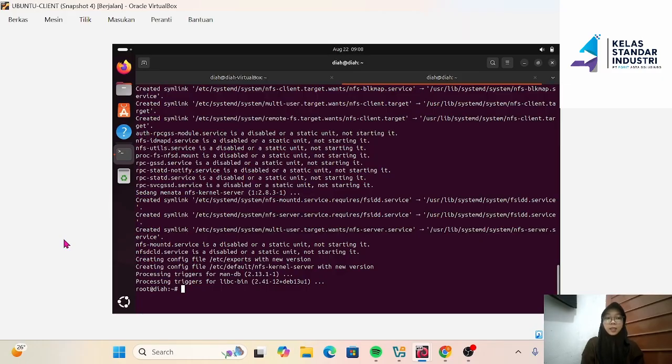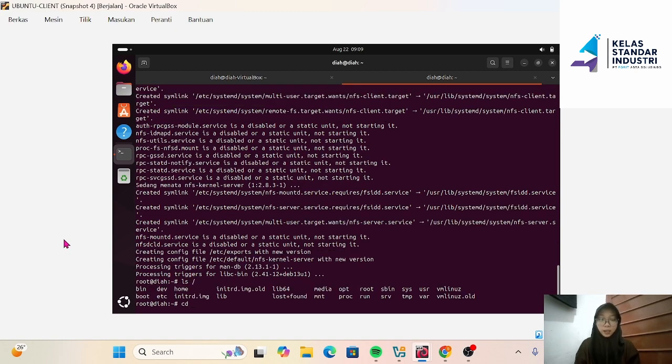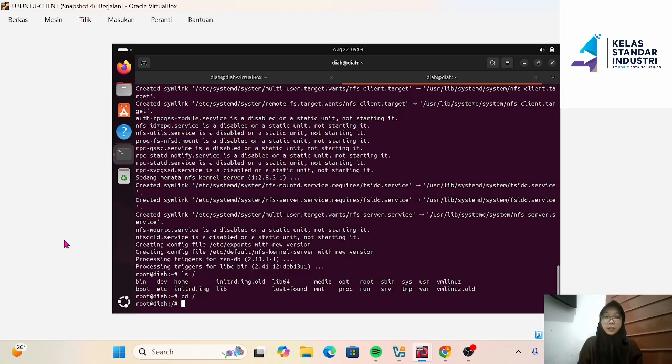Stay in the server 1 console, then create any directory under the root directory using cd / enter and populate it with a file.